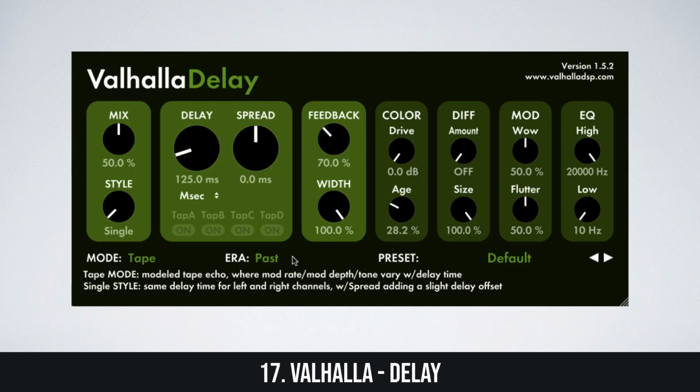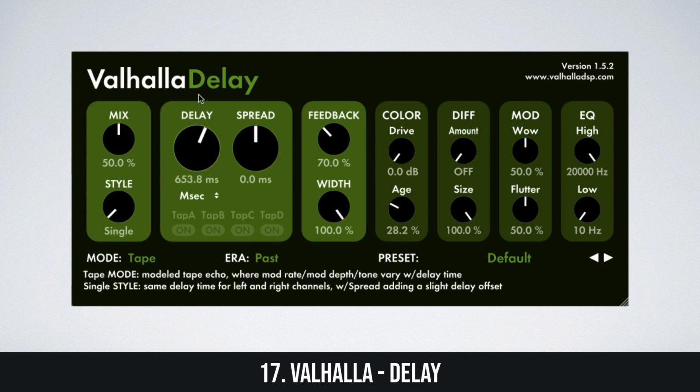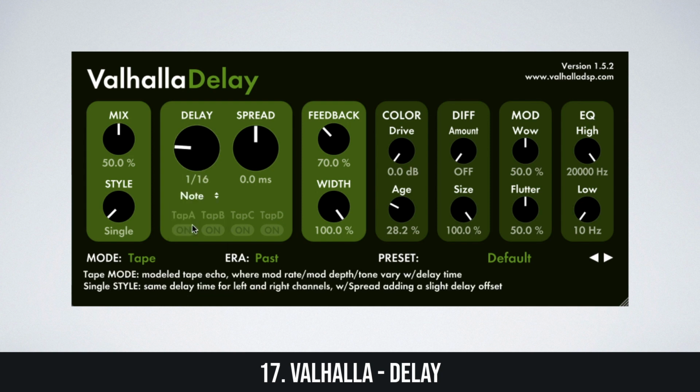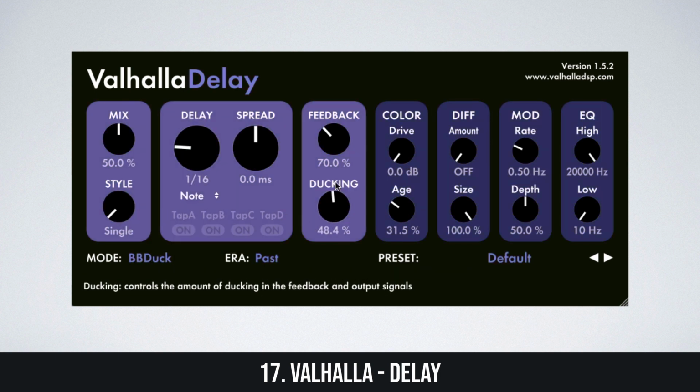Valhalla Delay delivers echoes of the past, present, and future. You can use Valhalla Delay to create simple delay effects ranging from 0 milliseconds to 20 milliseconds, create chorus and flanging effects, sync the delay to the beat, or adjust delay time in milliseconds. The Age knob lets you adjust the artifacts of the delay mode, providing results ranging from clean and shiny to old and dusty. You can select between two different versions of the delay modes and use the ducking control to cause the echo level to track the input signal volume. All of Valhalla's plugins are reasonably priced, but tend to perform well above their price point. If you're looking for a good value, Valhalla plugins will deliver.